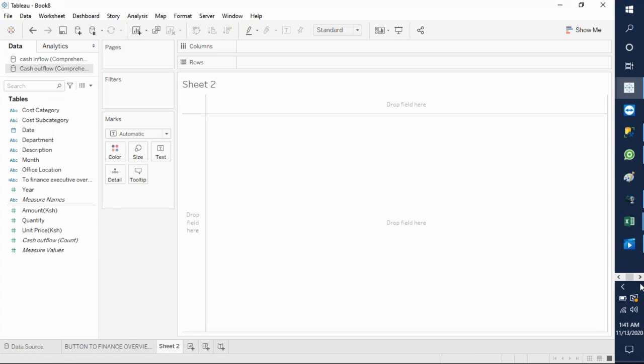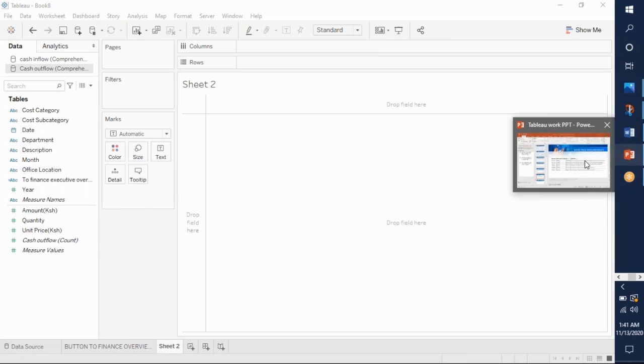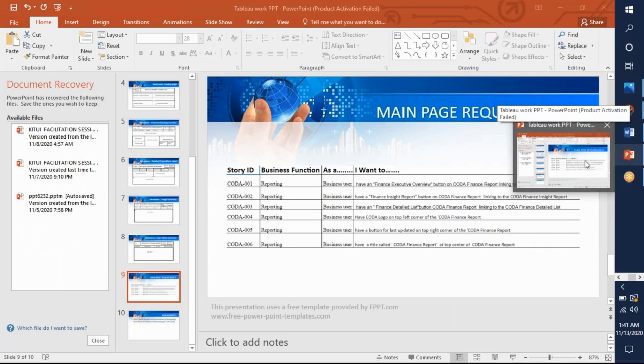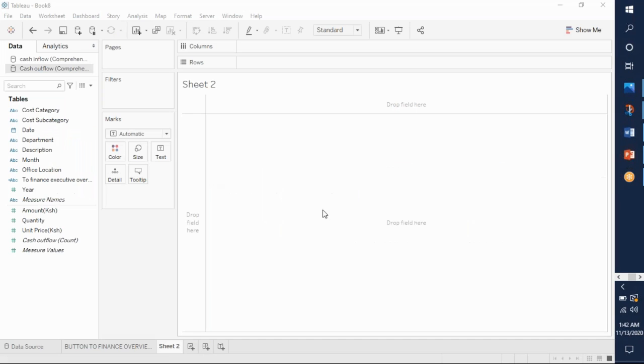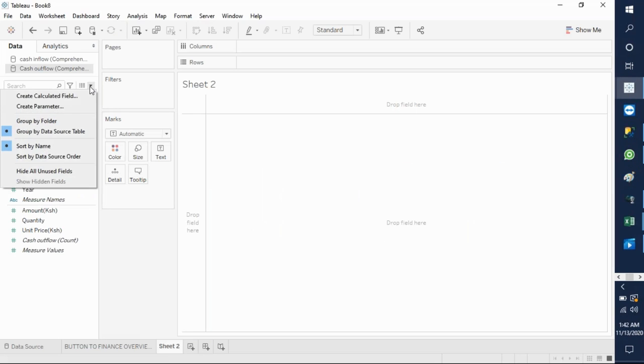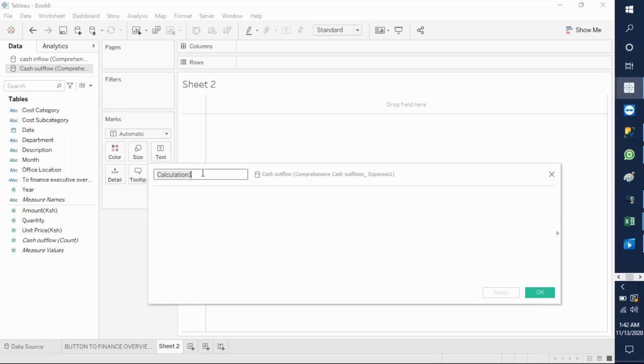So I can confirm from the requirements what I am supposed to do. That is to have finance insight report button on a Coda Finance report linking to the Coda Finance Insight report. So I need to have Finance Insight report button. So again, I'll come here and create another calculated field. So this one will be to finance insight report, just confirming